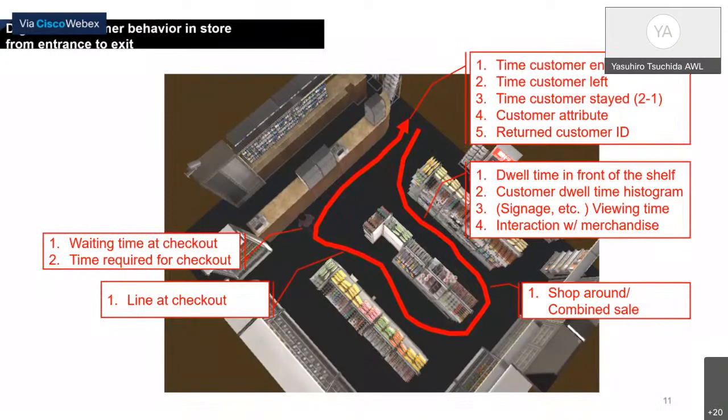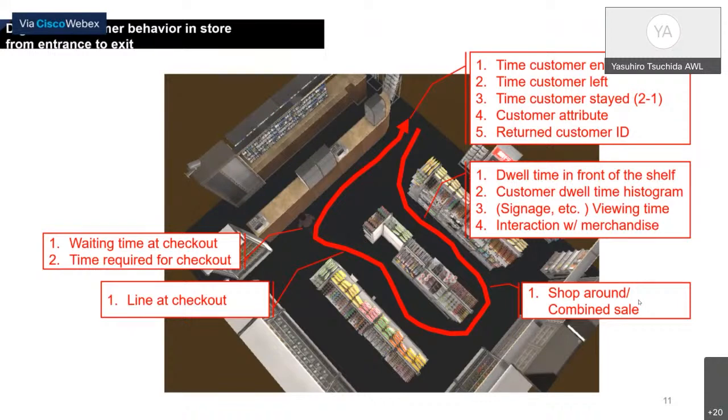Thanks to this technology, not just for the unmanned shop experience, it can track a visitor from entering the shop to exiting the shop, and all behaviors of the visitor can be analyzed. So we can generate visitor information, for example, the entering time of the customer, the exit time, how long the customer stays in the shop, and the age, gender, and other characteristics of the customer. If the customer is a revisiting customer, in this case we can assign a customer ID.